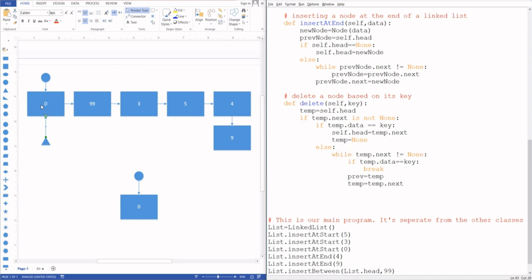Right now, is 0 equal to 5? Again, no. So this break is only going to break the while loop when the data of the temporary is equal to the key that we sent. And right now 0 and 5 are not equal, so this break is not going to happen. So it jumps from here to here and says previous,